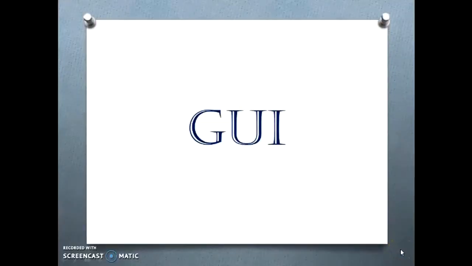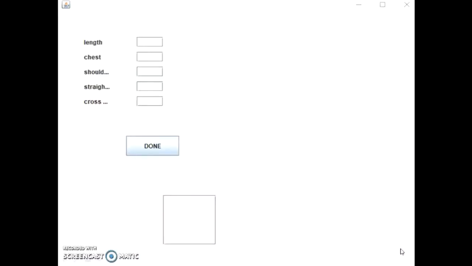I'm Lysandra Fernandez and I'll be explaining about the GUI. The function of the GUI in our project is to take in the measurements entered by the user and to produce a pattern for the same measurements. To do so, the user will have to enter the measurements of the client in this. Our workspace is 39 inches long and has a width of 39 inches.